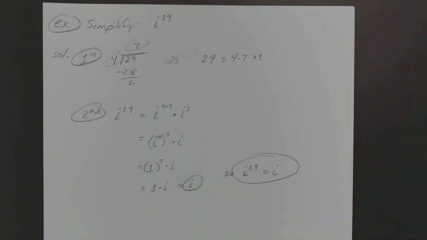Oddly enough, I've had people on exams try to actually go and count each i, 4 by 4, and do it that way. It works for numbers like this. It'll take you a minute, but it'll work. But it's not as effective when it gets a little bit higher. So what if we wanted to simplify